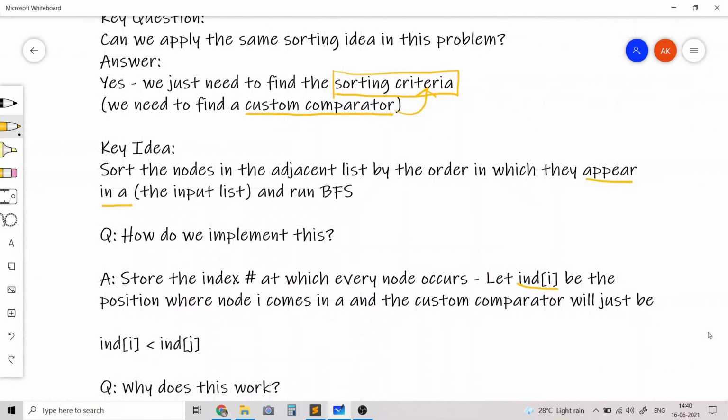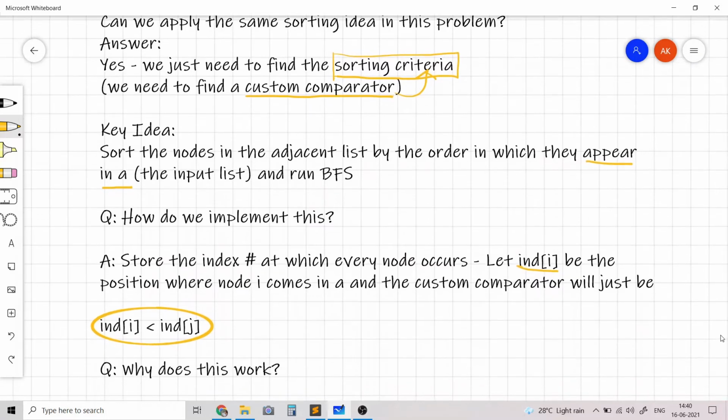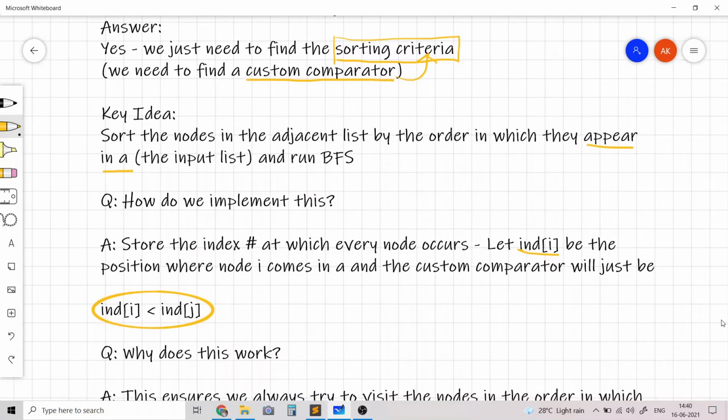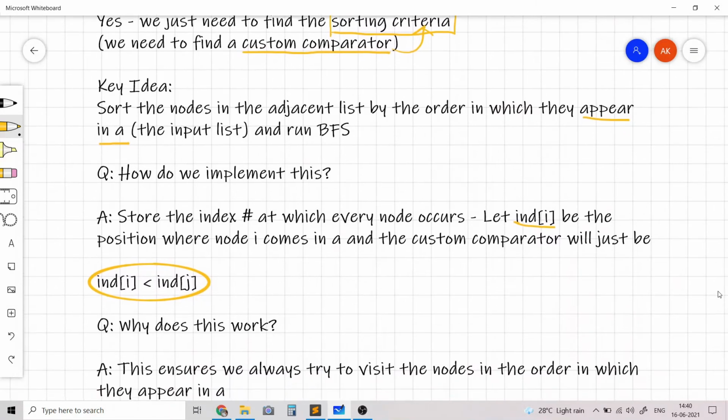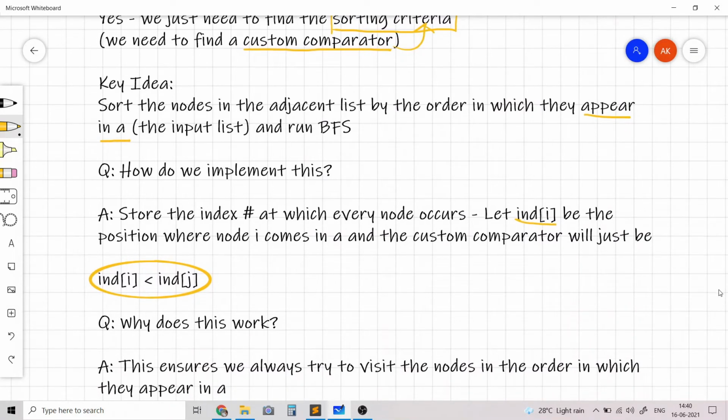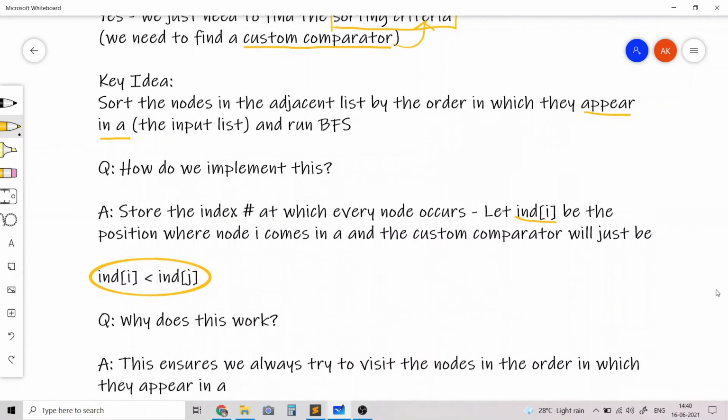An important question is, why does this work? Why does the solution which I described, which looks so simple, work? The key idea is that we try to visit the nodes in the order in which they appear in A. And that is exactly what the question is asking us: if we try to visit the nodes in the order in which they appear in A, will the resulting BFS be the same as A?